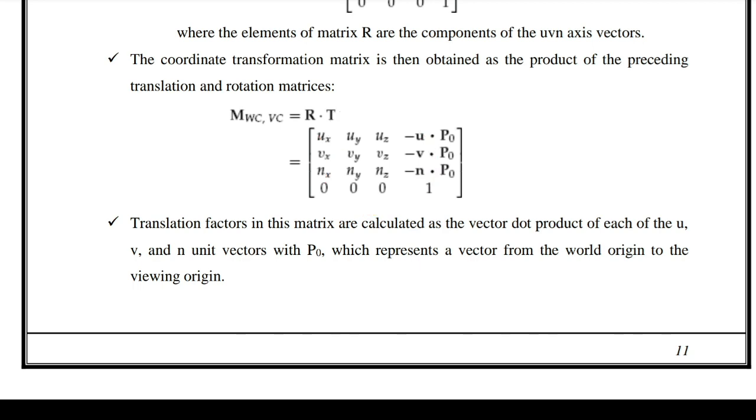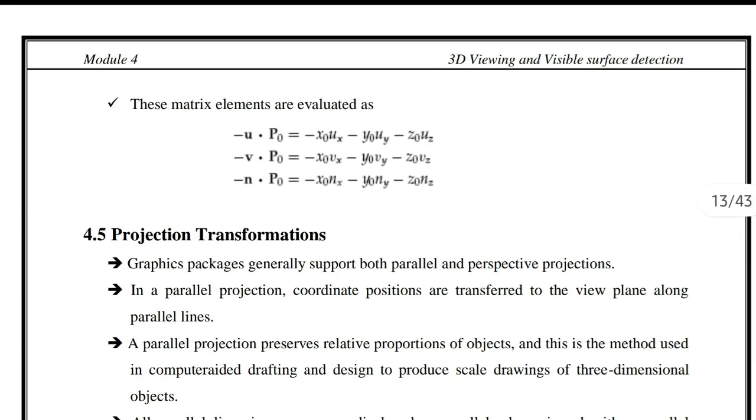the matrix. And finally you can have some equations here. Matrix elements are evaluated as follows for the u, v and n values. Okay, so that's all you need to mention for the world to viewing coordinates. This question was asked in a previous paper. I already discussed it at the start of this video and showed you that this question was asked, so make sure you mention these points in the exam